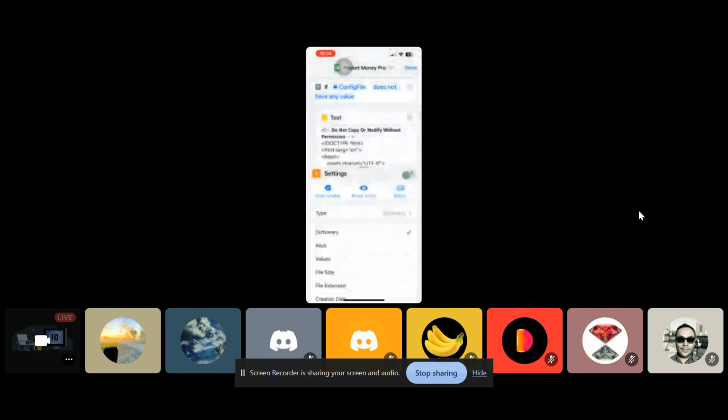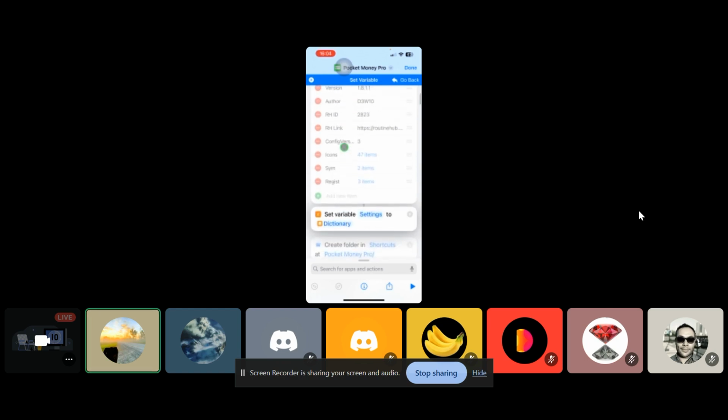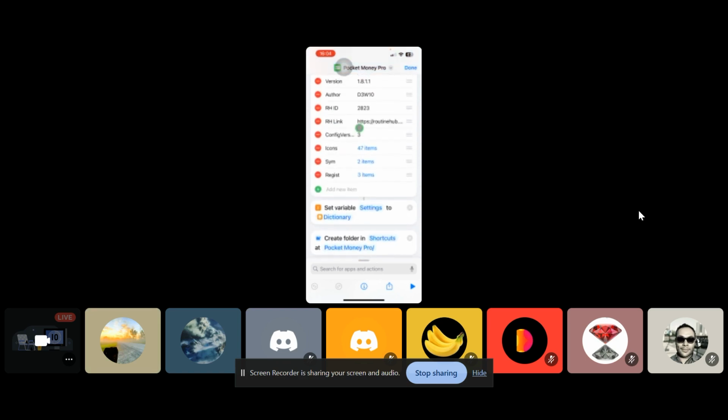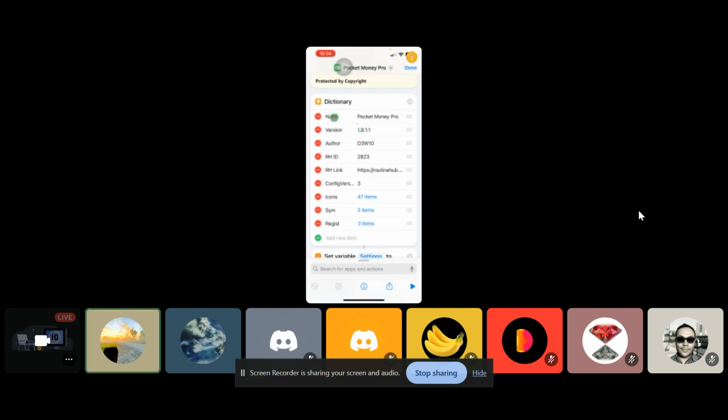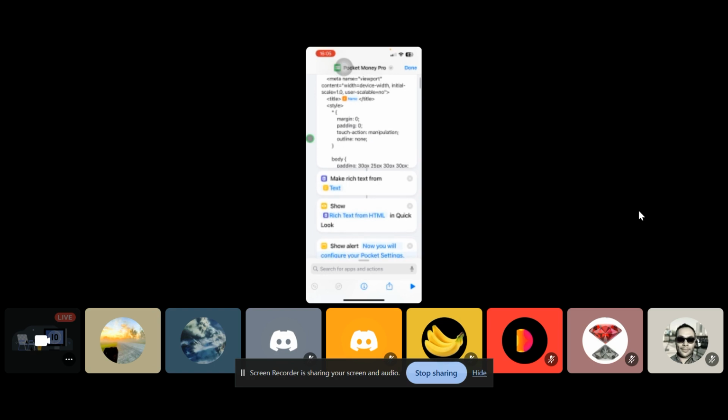So then here, this is where that initial page came up. So it checks if the configuration file or the settings file exists. And if not, then it's going to show this HTML page. So it sets up the title. There's a name reference here. So if we look at this, this is referencing the settings variable, and it's set up to dictionary, and it's grabbing the item name. So if we go and look at that, yeah, settings is set up there as this dictionary, and then the name,